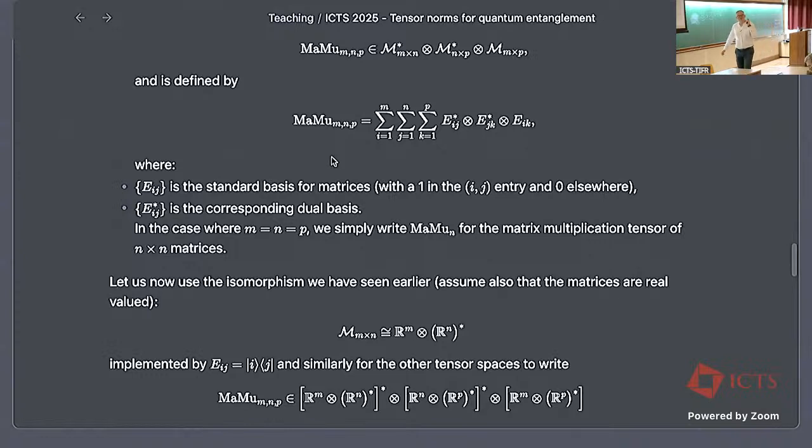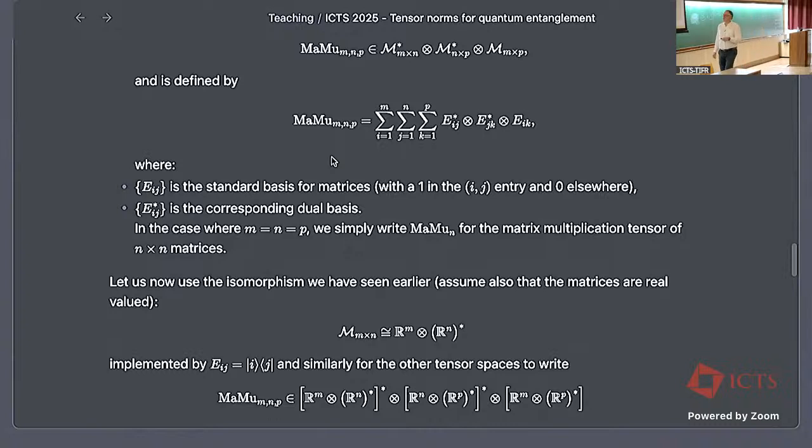But remember from the very beginning that matrices are nothing but tensor products of a copy of the vector space, so it's a tensor product between the output vector space and the dual of the input vector space, right? So m by n matrices are nothing other than R^m tensor (R^n)*, something which eats a vector of size n and gives a vector of size m. So now, since this wasn't already too complicated, I will replace every copy of my matrix vector space by this tensor product. I'm taking care of the duals.